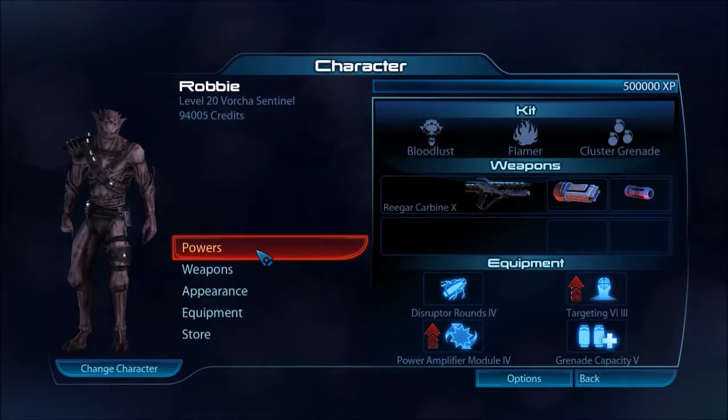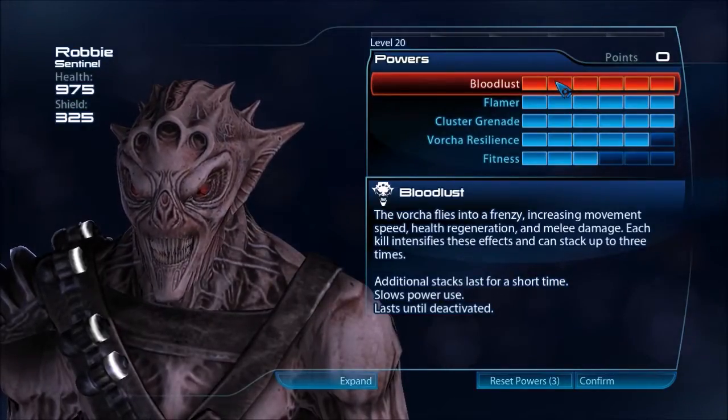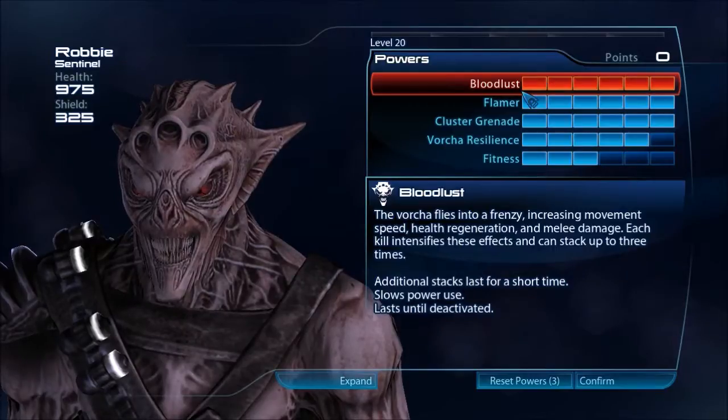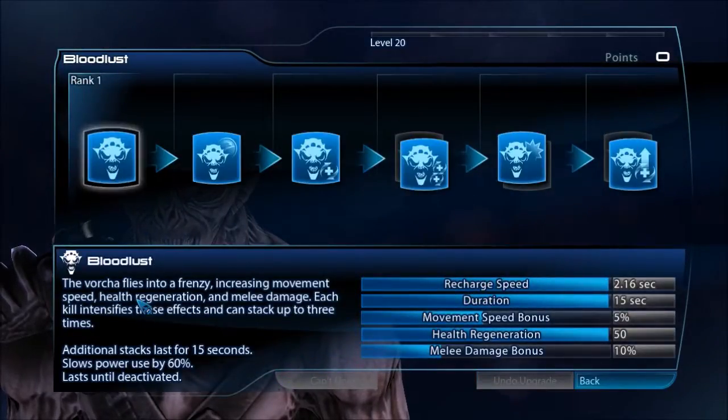And in this episode, we'll be covering the Vorcha Sentinel, so let's check out his powers. So, what sets the Vorchas apart from mainly all the other kits in the game is that they have Bloodlust. And what Bloodlust allows you to do, so just take a look at it here, is it allows you to